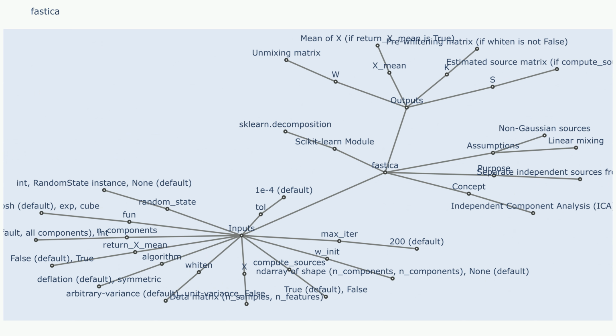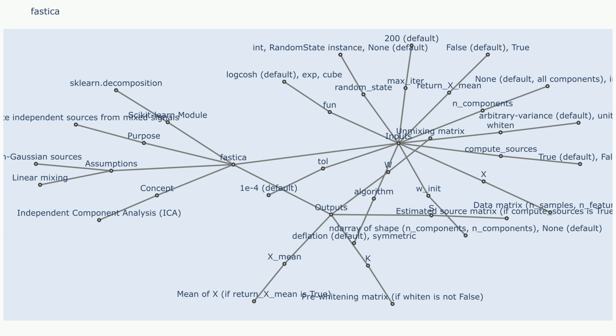The goal is to find components that deviate as much as possible from a Gaussian distribution, as independent components tend to be non-Gaussian. 3. Convergence. The process continues until the mixing matrix converges to a stable solution, indicating that the independent components have been successfully extracted.